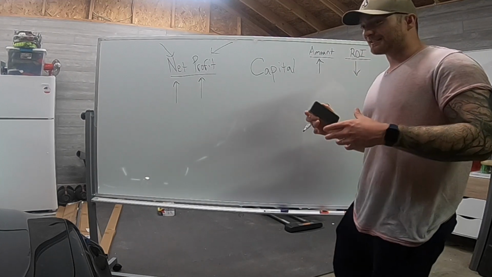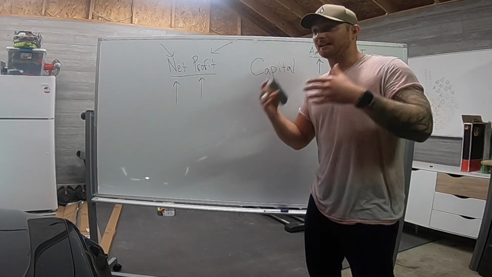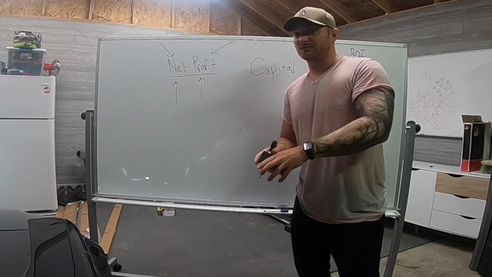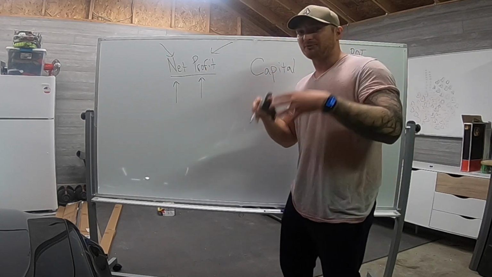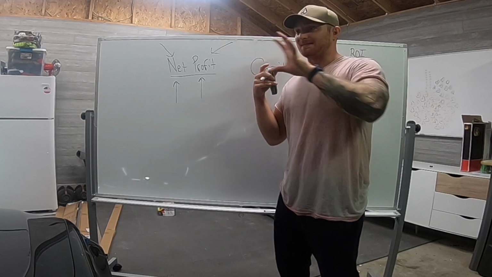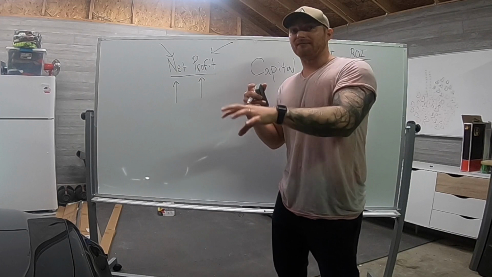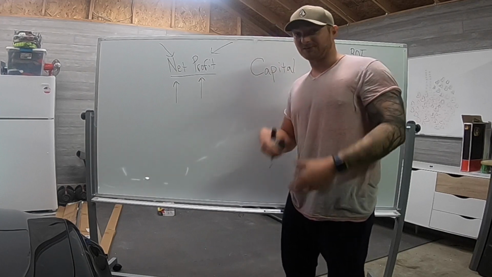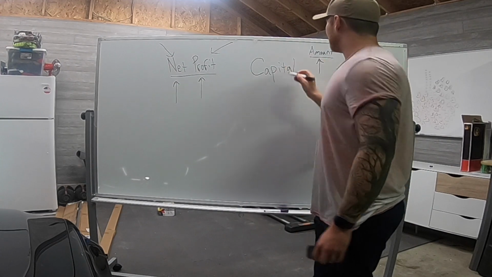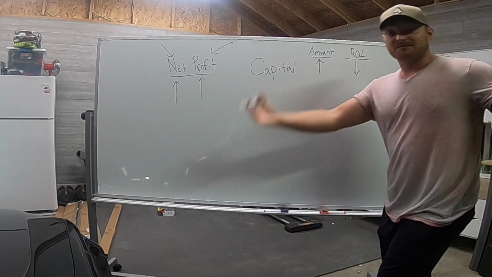Why is that? It's because when you have a lot of capital, you have to make a lot of buys. The goal is you want to always be reinvesting your inventory or your capital. You don't want your capital to be sitting, right? You don't want it to be just not gaining interest, not making a profit. You want your capital to always be working for you in some way. So the goal is to make as much of your capital, turning it into inventory that can then be flipped,